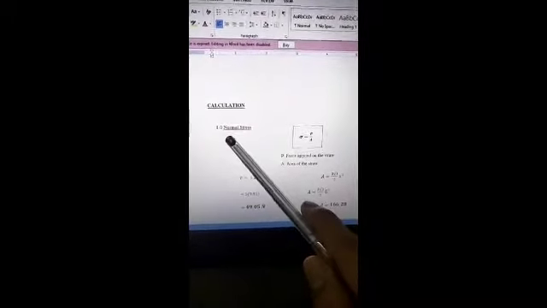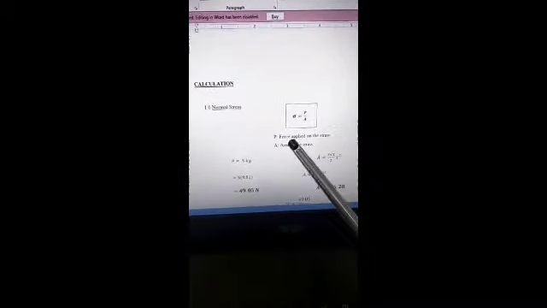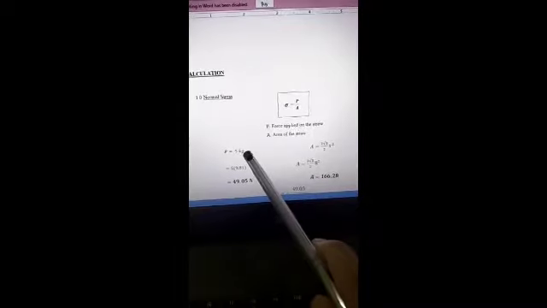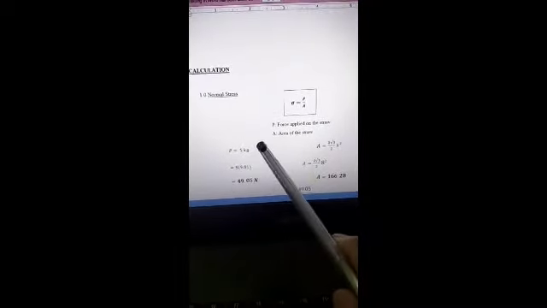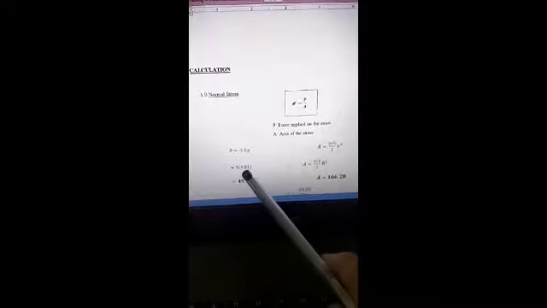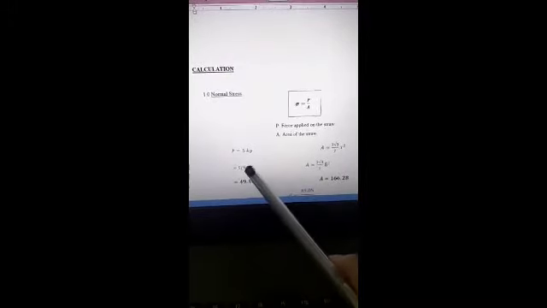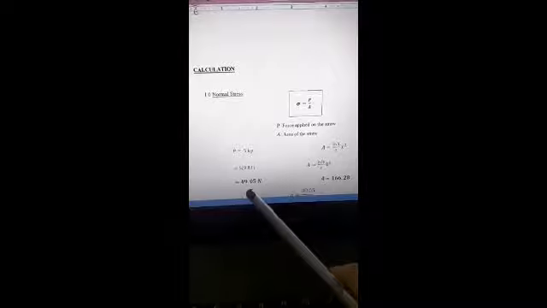Assalamualaikum warahmatullahi wabarakatuh. Today I will explain about the calculations. Okay, first, the normal stress. P over A, which is P is force applied on the straw and A is area of the straw. So the force we apply at the straw is 5 kg, then 5 times 9.81, so we get 49.05 Newton. And for the area, we use this formula because